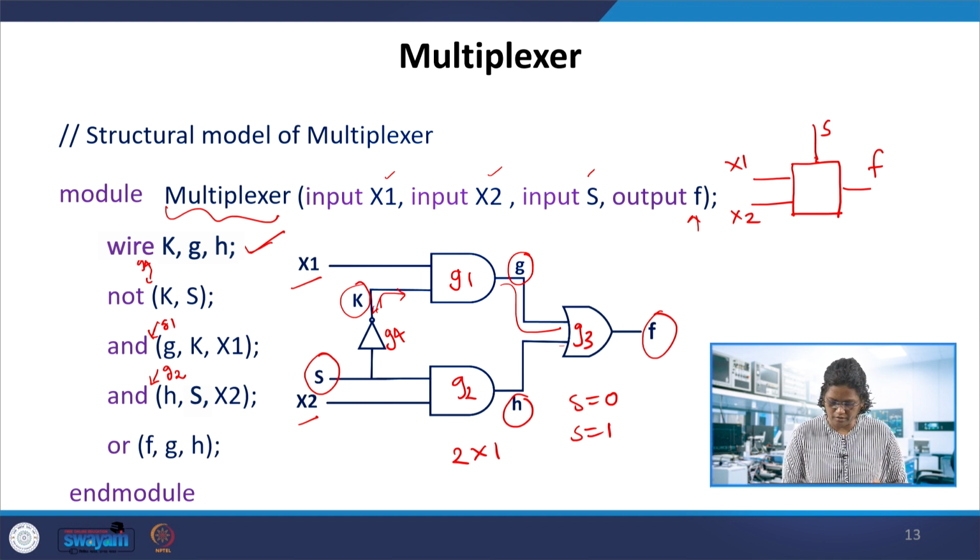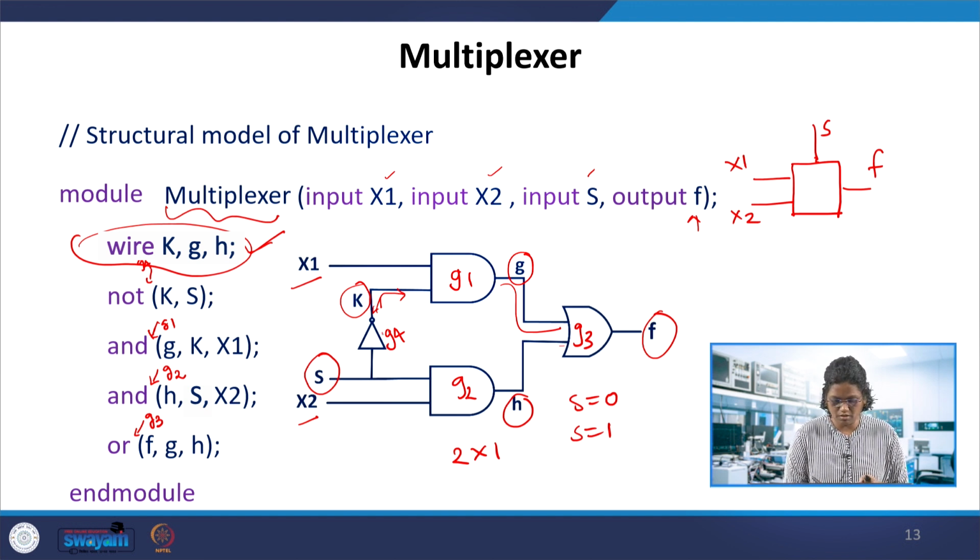Now the OR gate, the next one, G3. The output is F and the input is G and H. So K, G and H, all of them need to be declared as wire. Otherwise there is no declaration, and the code doesn't understand what K, G and H are.